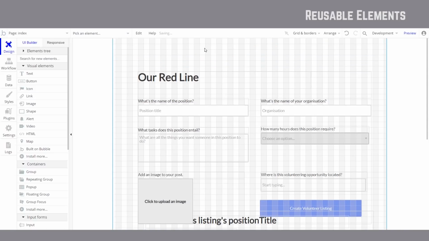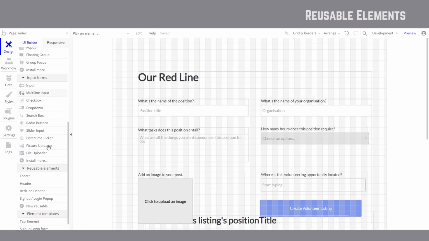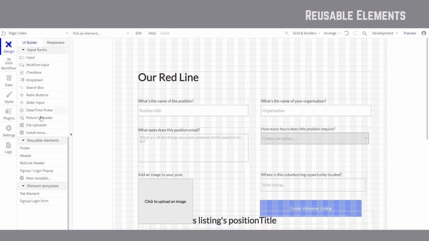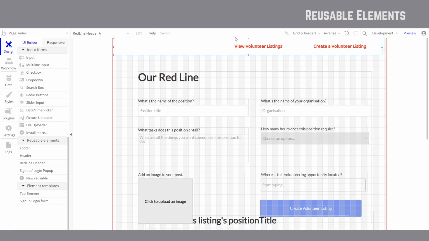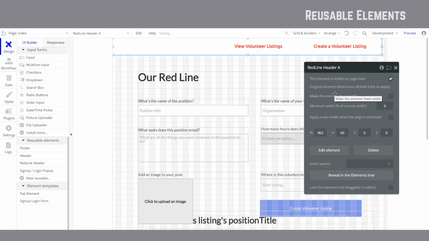I can delete this, and I can instead go down to the bottom of my elements menu and grab red line header from under the reusable elements section, and I can just drag it across. It'll automatically go to the correct size. If you change the size elsewhere,